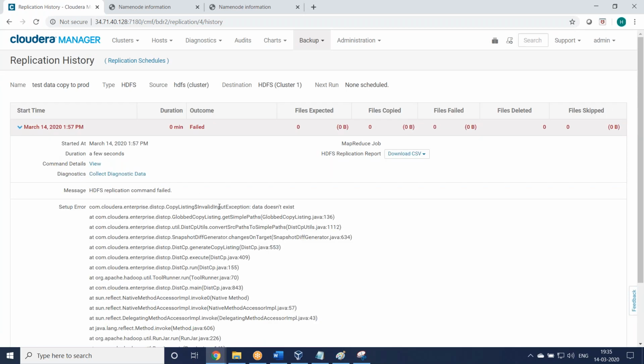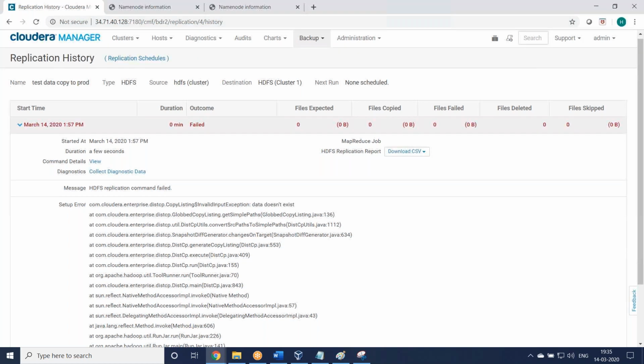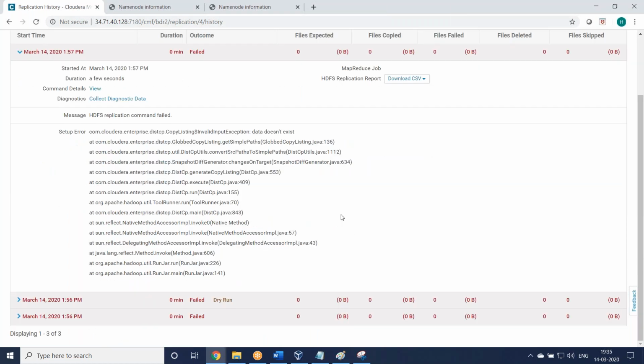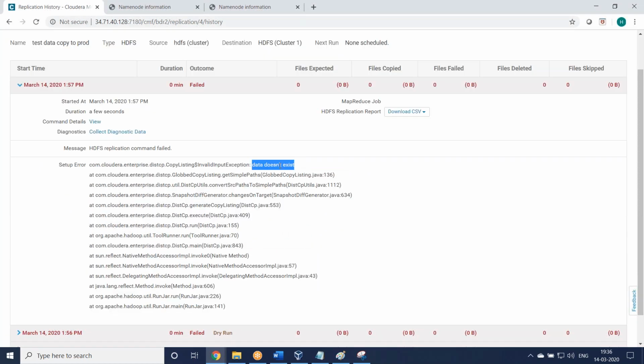You see, clearly it is showing something. DistCp command is trying to do that. Okay, it is showing data does not exist. It is showing some error. So you have to find it this way. What is the problem? This is the problem. Data does not exist, it is showing. But I don't know whether the data is available or not. That is later. But the error, what is the error? This is the error. That is the reason that job failed, whatever replication it is, it is showing that it failed.